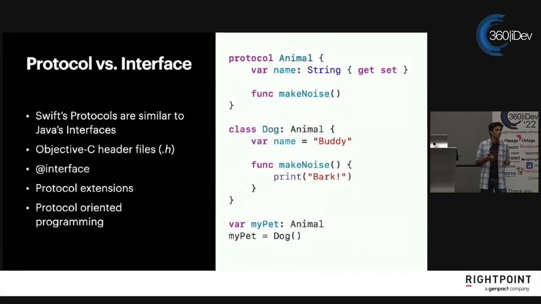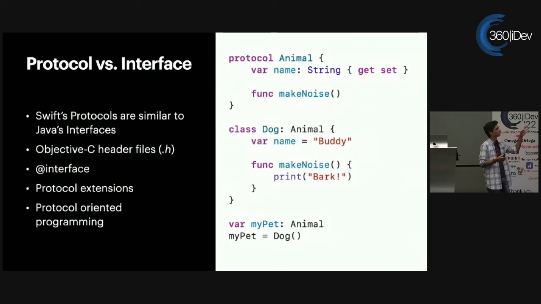The last little quirk we're going to look at before we move on is protocols versus interfaces. In most languages, including Java, you have these interfaces, and they are essentially protocols missing a few things. All that they do is allow you to define a type that conforms to a certain set of rules. And so the protocol is going to define those rules.